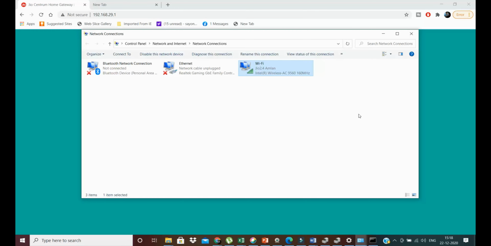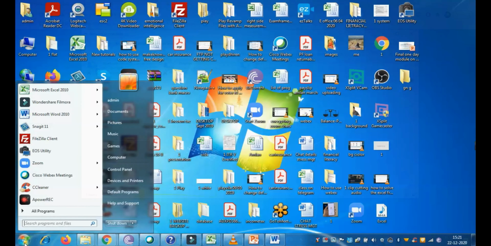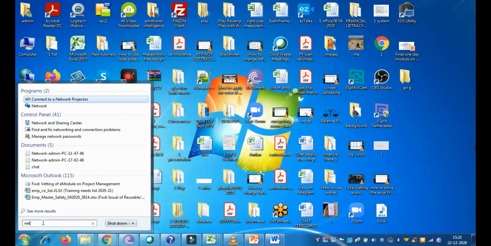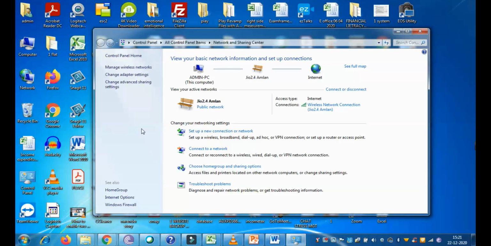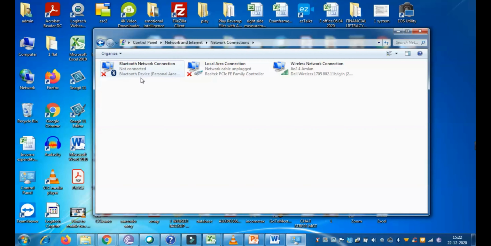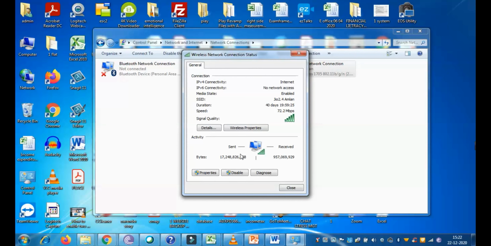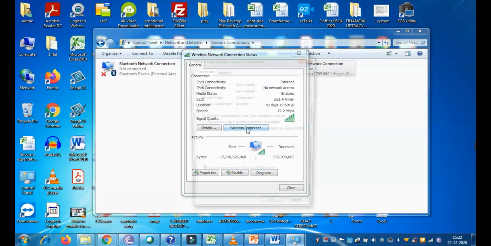Let's look at the steps on Windows 7. So this is a Windows 7 PC. Here we again type network so that we can access Network and Sharing Center. Inside Network and Sharing Center, we can see the network connections which are being used at present. We'll click on Change adapter settings so that we have the same environment which we had in Windows 10. Here we can see a different device is being used, Dell Wireless. We'll just double click on this, and like I said, it's the very same thing.